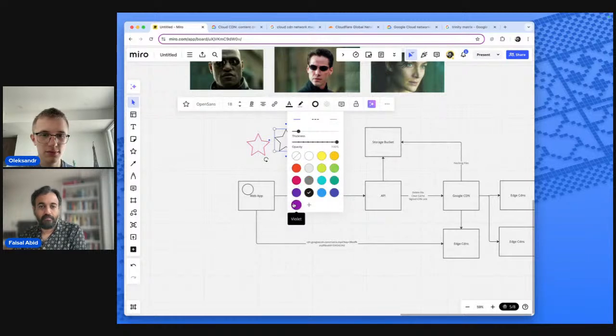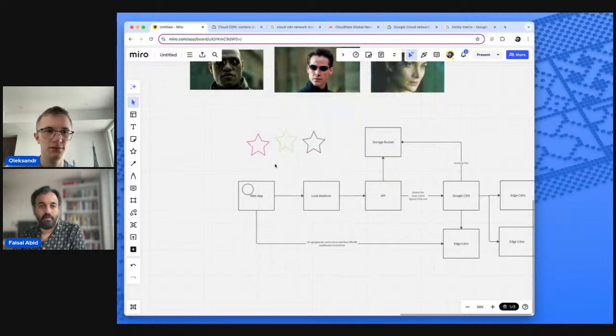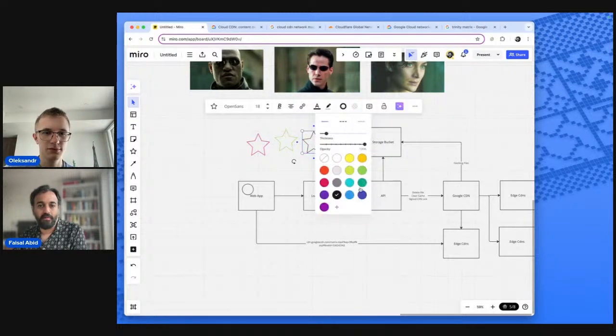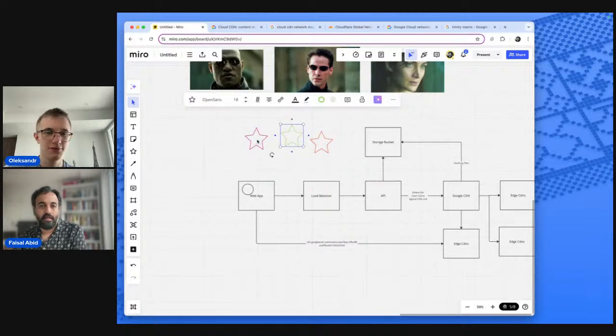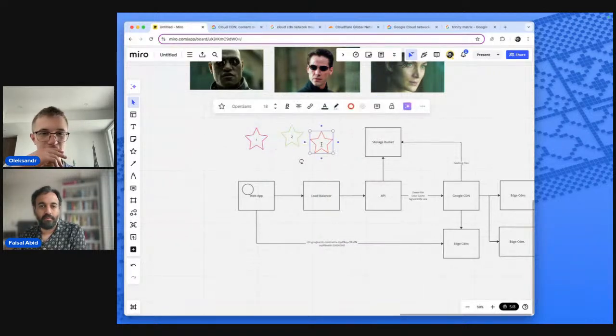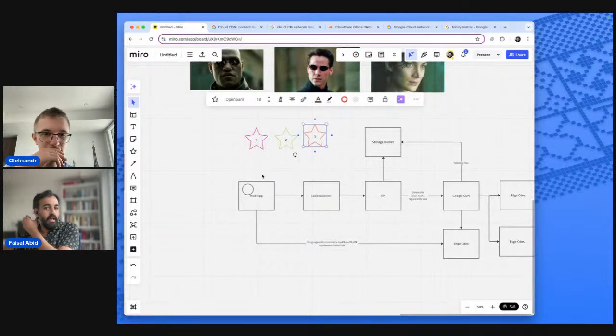I apologize if you can't make out these colors, but let's assume there's three different movies here. To make it easier, I'll put 1, 2, and 3.